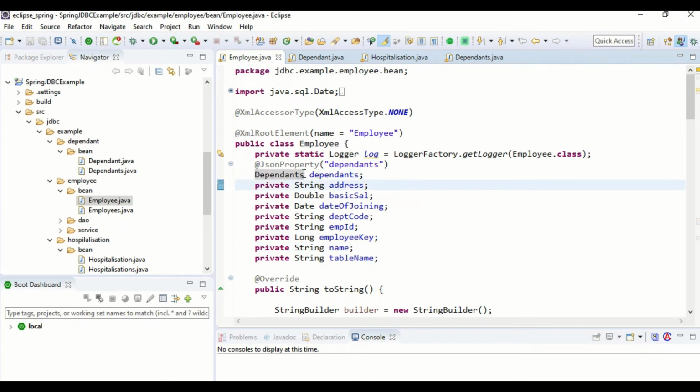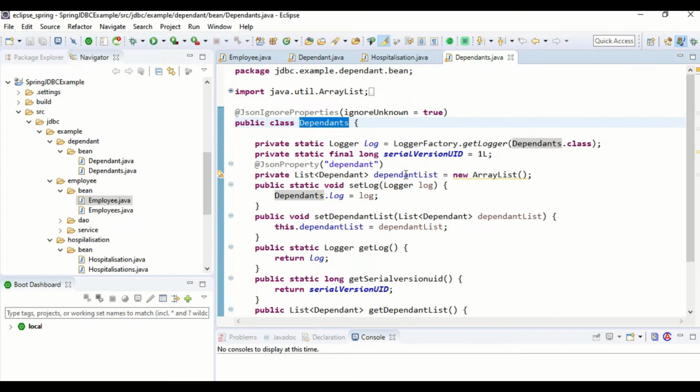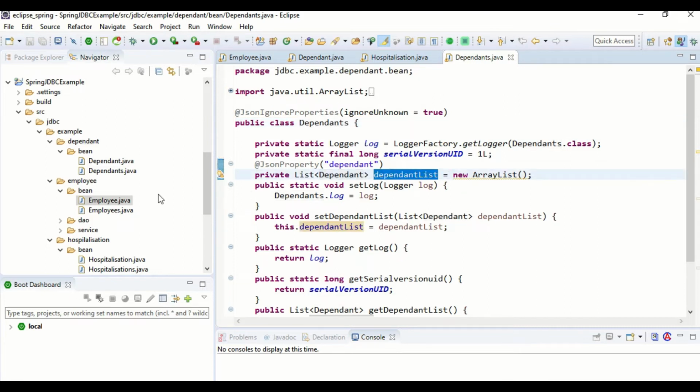This is the employee class. It has an association with the dependents class, and if you go to the dependents class, it has a list of dependent. That way we will be able to associate dependent and employee.